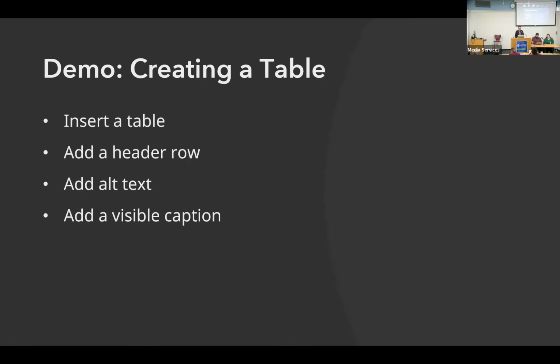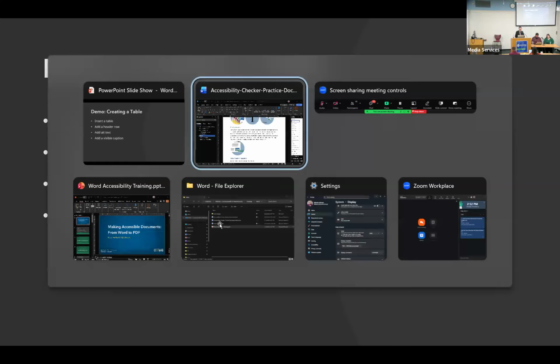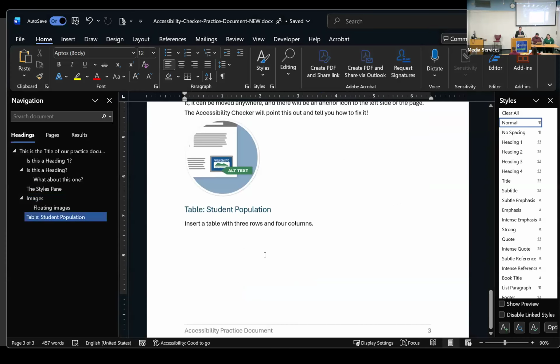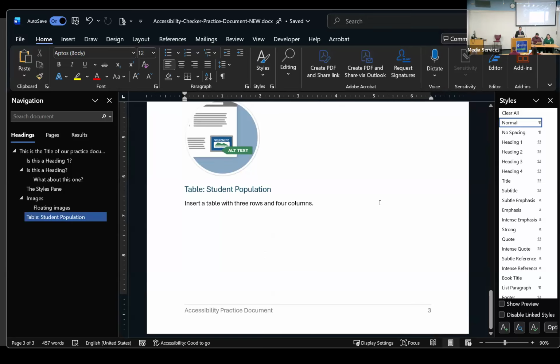All right. So we're going to insert a table. We're going to add a header row. We're going to add alt text to our table because tables need alt text too. And then we're going to add a visible caption. All right, so this table is for student population. It says insert a table with 3 rows and 4 columns. So right in my document,